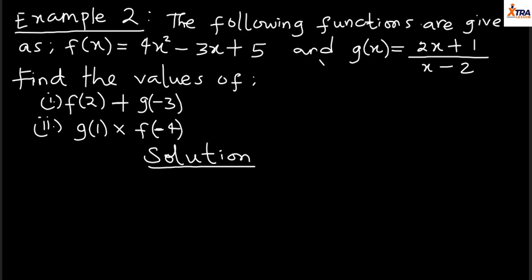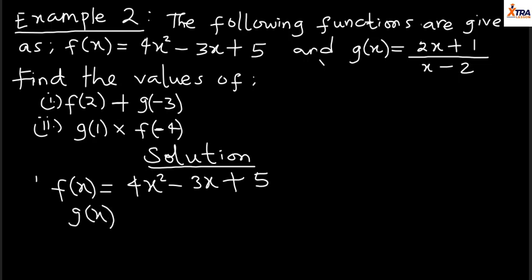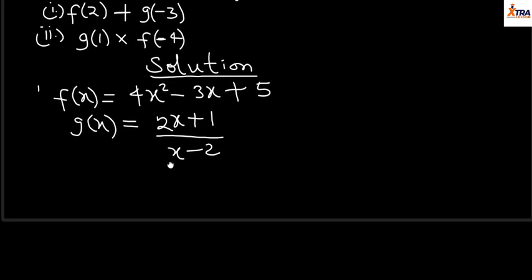So, first of all, we bring out the functions that we're given, which is f of x equals 4x squared minus 3x plus 5, and then g of x. Because this one is f of x and this one is g of x, they are two different functions, as their names imply. So you deal with them accordingly based on their names. That is how you evaluate functions. So for our figure 1,